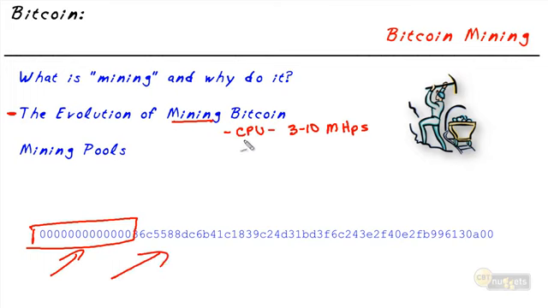If we had a computer like this, a CPU, and we were trying to solve and get a hash like this on some block of data, it probably wouldn't happen in a year. A computer at 3 to 10 mega hashes per second sitting for a full year wouldn't be likely to get it. Now we're talking about creating these and solving a block in under 10 minutes. And that's because we have thousands of computers doing it with all that collective power. That's how we get the terahashes per second collectively as a group with lots of different computers all trying at the same time. So although the CPU sounds pretty good, 3 to 10 mega hashes per second, it really isn't.